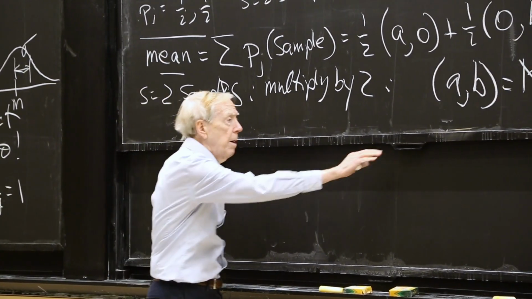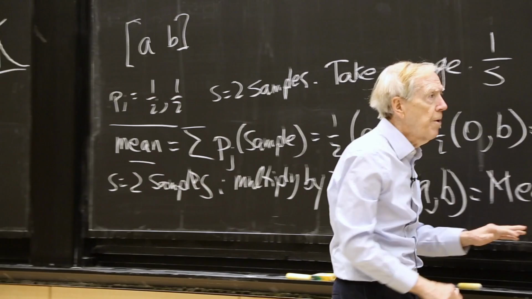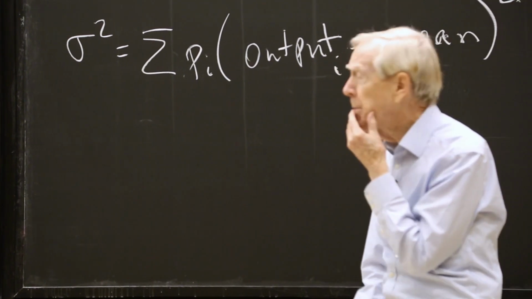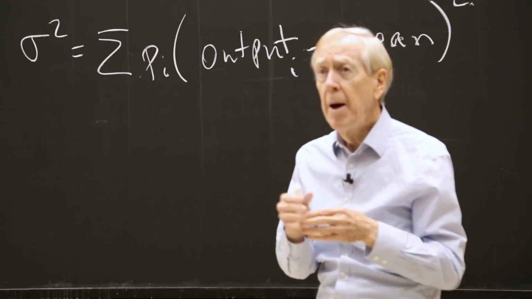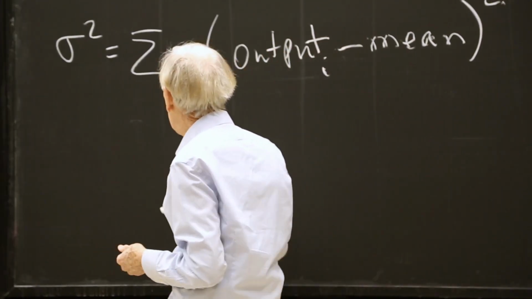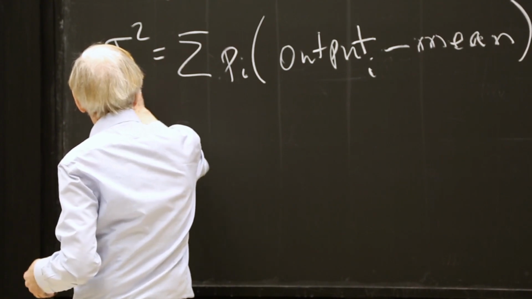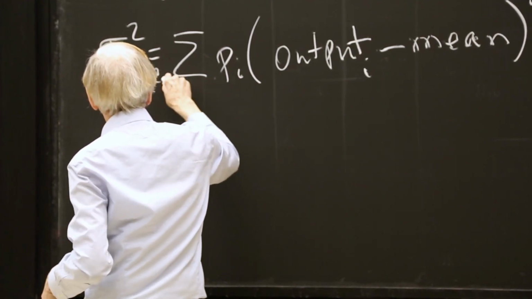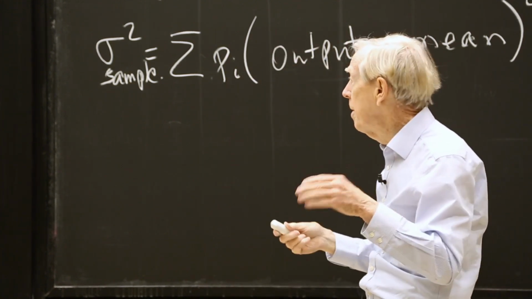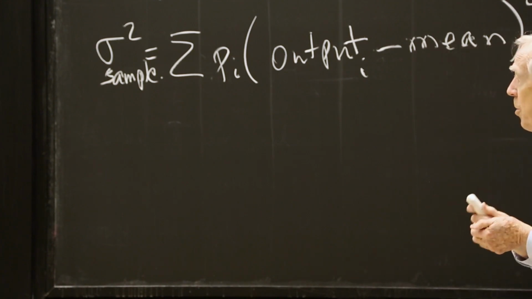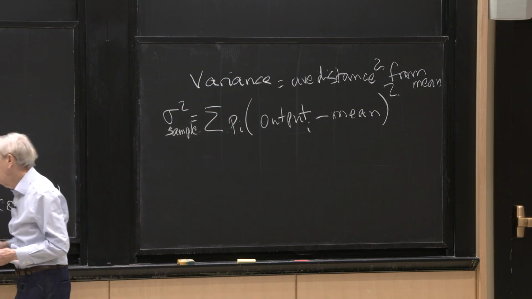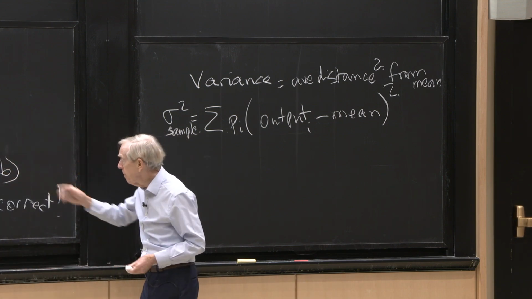Okay, so now I'm prepared to compute this example. Maybe I'll compute it over here. Shall I compute the variance for each sample, and then I'll multiply by 2 because I have 2 samples. So this is the sigma squared sample. Obviously, I could write down all the possibilities. Let me just do the sigma. So the sample could either have picked out A0 or 0B. And the probabilities were 1/2.